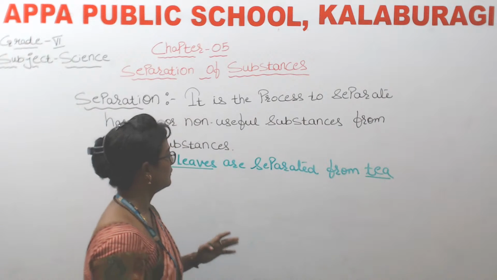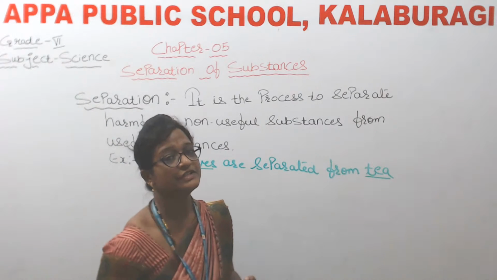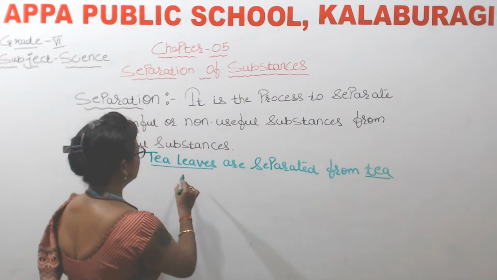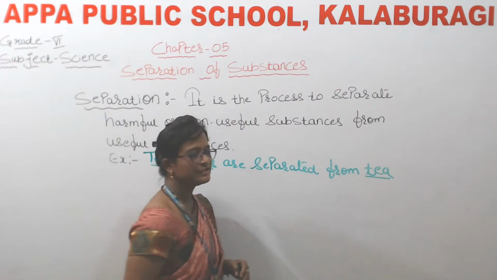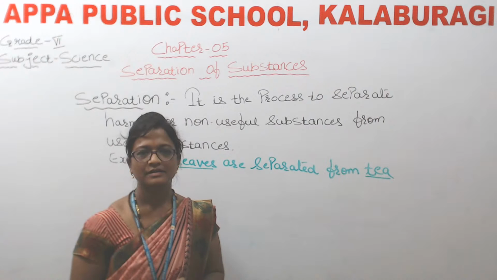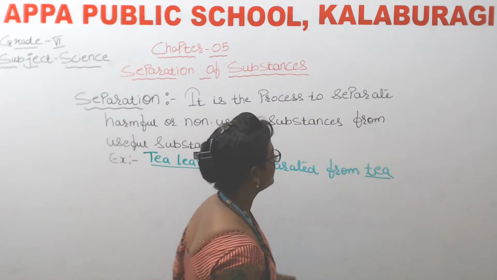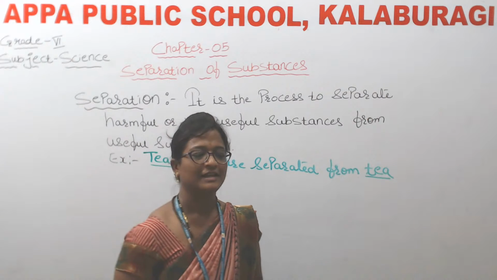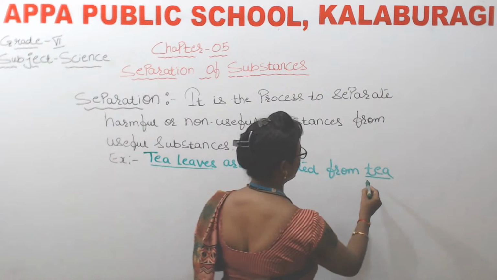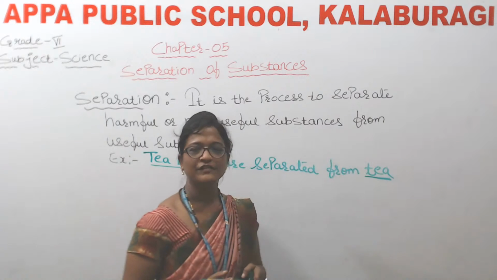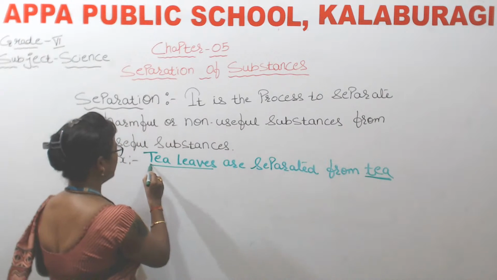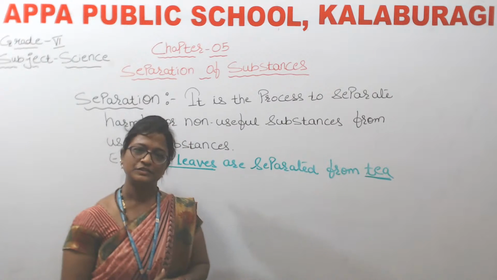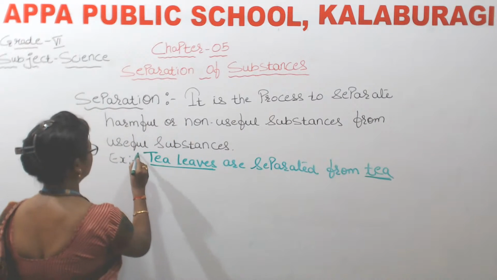So now children, which is useful component and which is non-useful component here? Yes, tea leaves and tea, which is useful, which we drink. Yes, we drink tea or we eat tea leaves, which is useful. Exactly. So here useful component is tea, which we drink, and tea leaves are non-useful component, which we throw. Okay. And